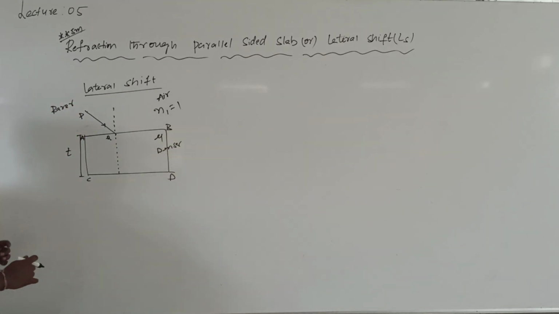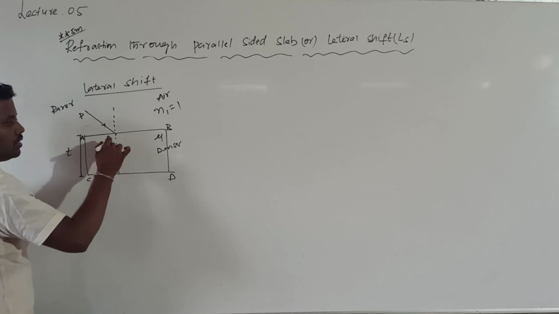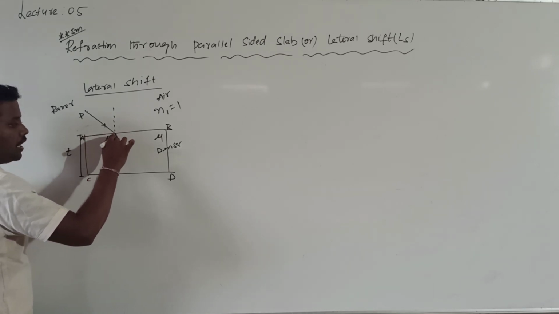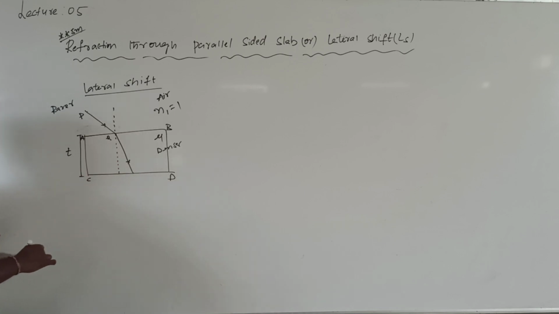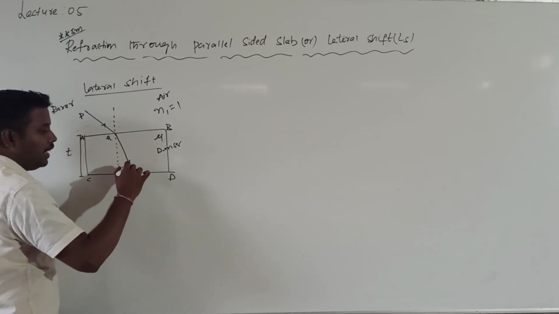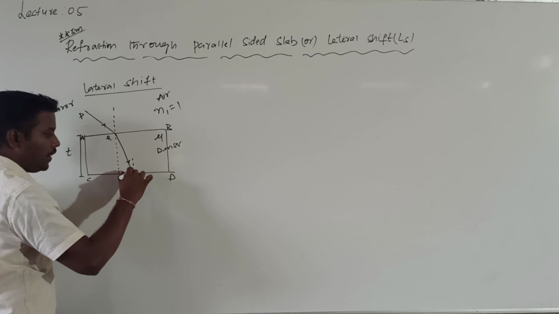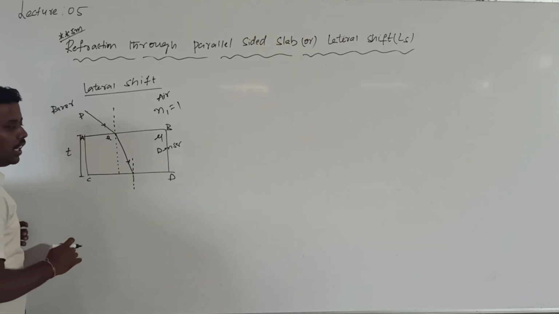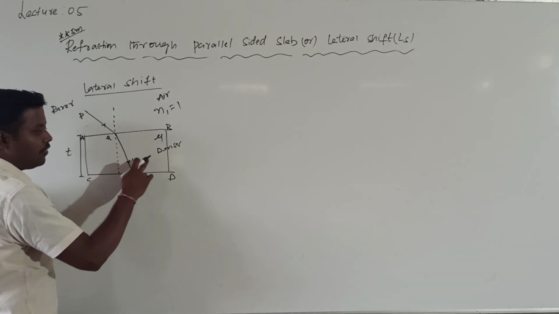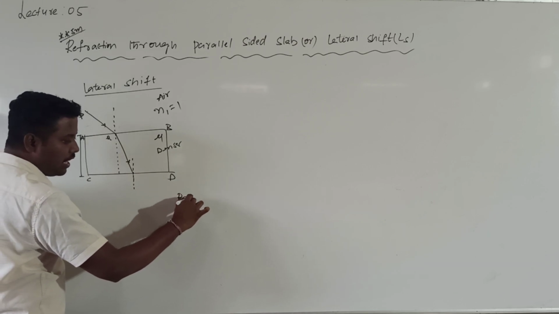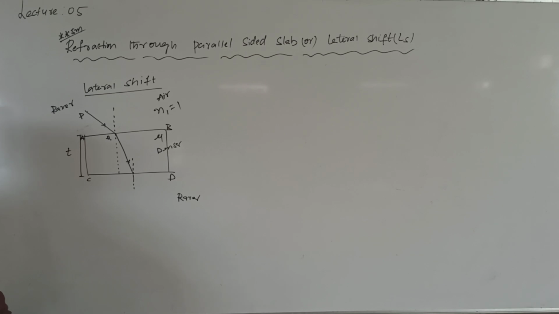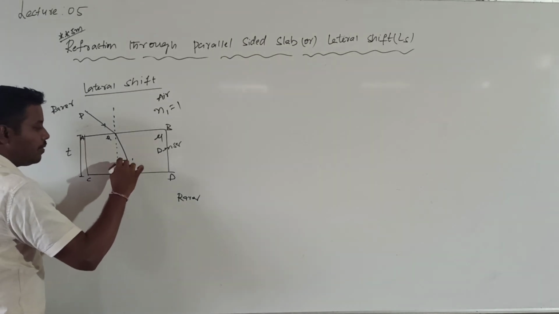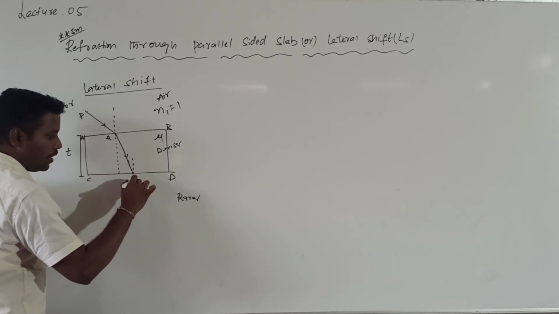When light travels from rarer to denser, will it bend towards the normal or away from the normal? Towards the normal. Why does it bend towards the normal? Due to decrease in the velocity. Now after bending, light incident on another face, CD. Once again, when it is traveling from denser to outside, which medium is there? Rarer. Again light will bend. So this time when light travels from denser to rarer, it will bend away from the normal.